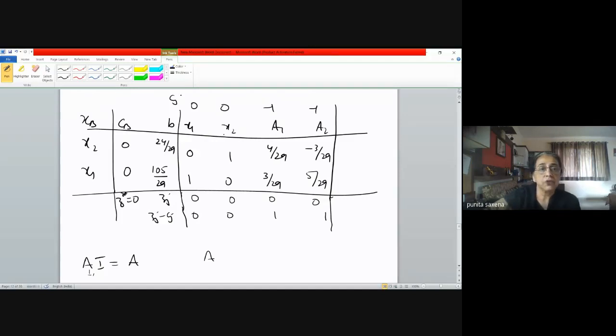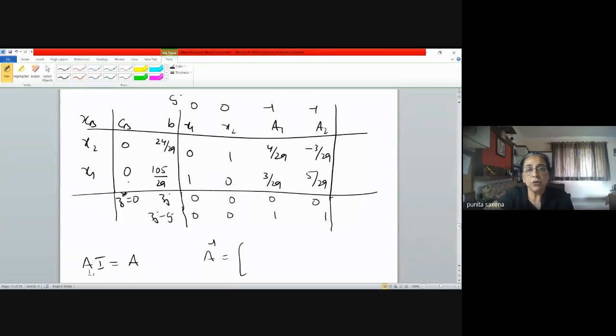So what have you done? You started with your A under the columns of X1 and X2, which you have ultimately reduced to I. So definitely the matrix under the column of A1 and A2 is definitely your A inverse, right? But then the point is that how do we read it from here? For that, I have to see how my variables are placed, okay? So when I write my A inverse from here, what are your values corresponding to your X1? Because that should be your first row, right?